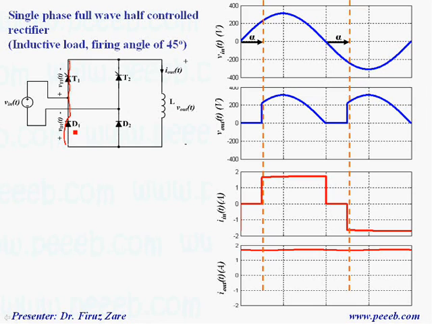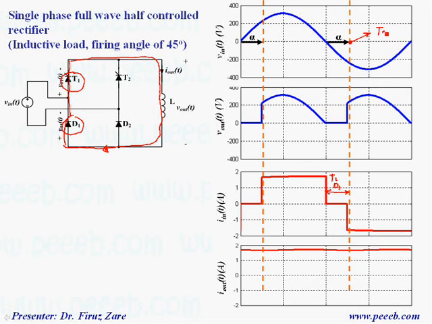Suppose that the voltage drop across the diode and thyristor is 0. So the current basically circulates through this current loop, because assuming that the load current is continuous. So basically for this time interval, T1 and D1 conduct,